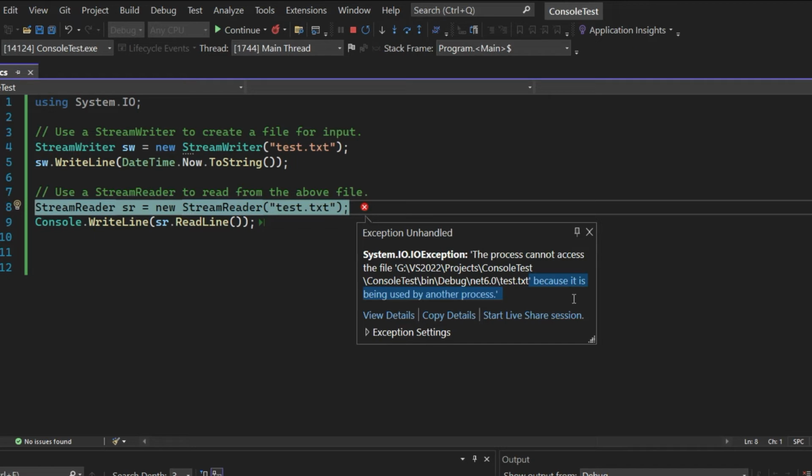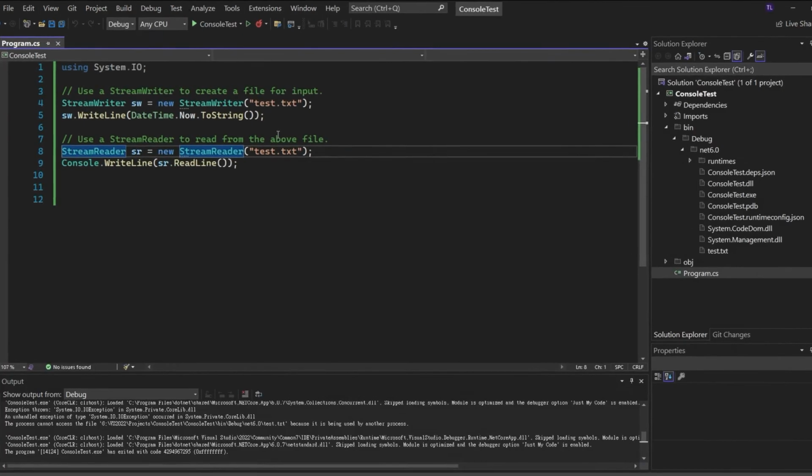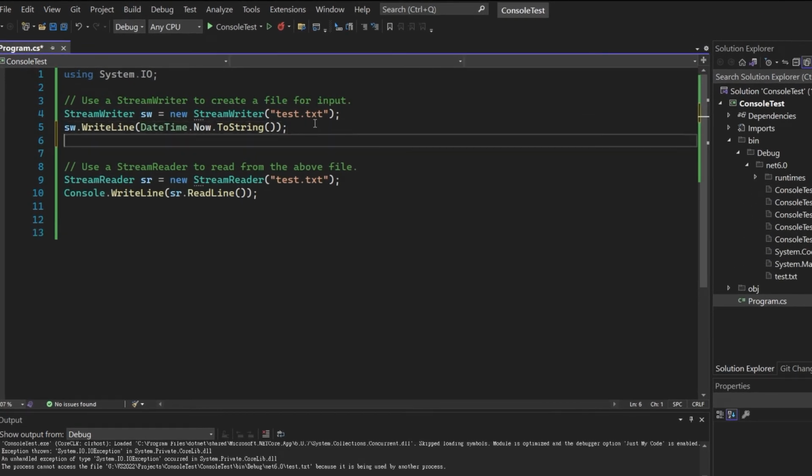That's because I didn't close and dispose of the file object before I used string reader to access it. This caused the file lock, hence the string reader cannot get access to it. However, if we call the close method before we use the string reader, then it will work. Actually, you can use dispose here as well, because the close method calls dispose anyway.